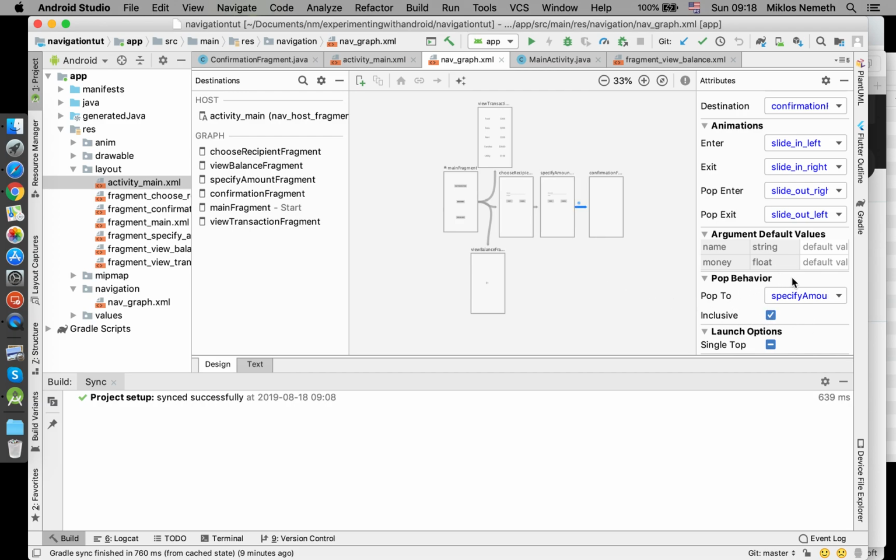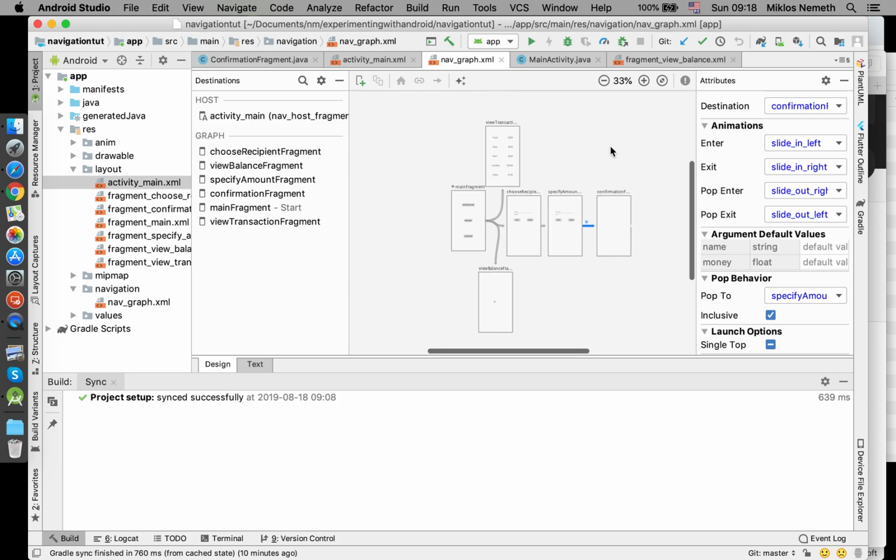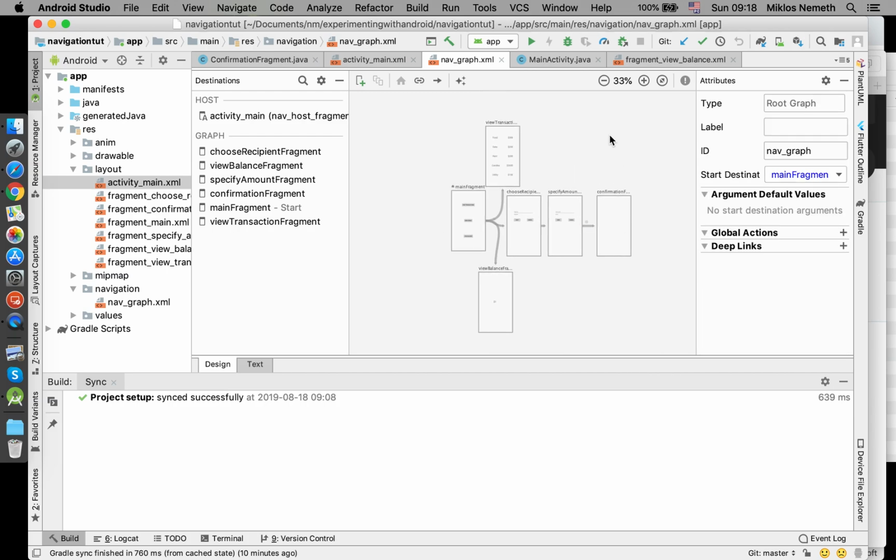So it's very hard to decipher from this naming. Pop behavior means pop to but skip it. Yeah, that's how it is done. I don't know what these launch options are. Right? And then the configuration of this project was that